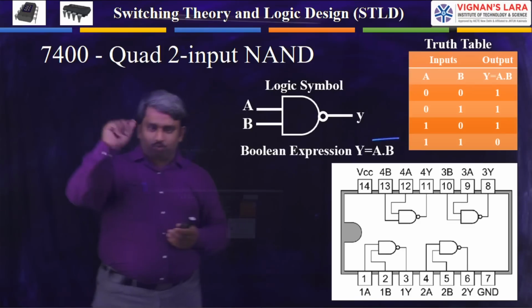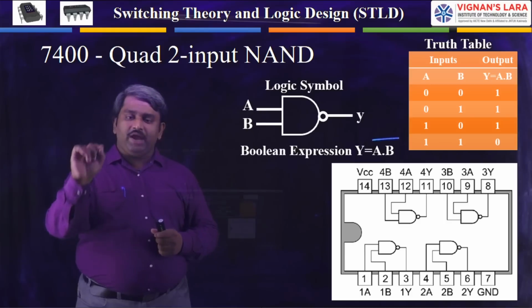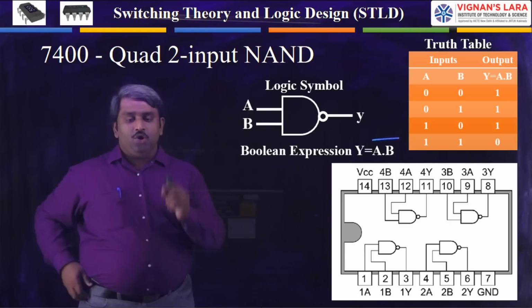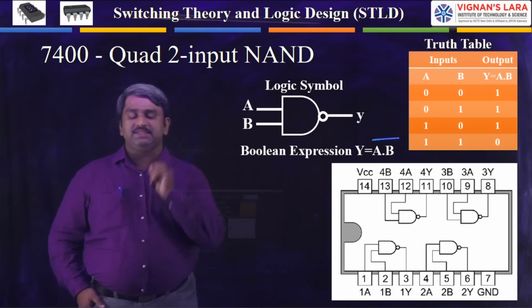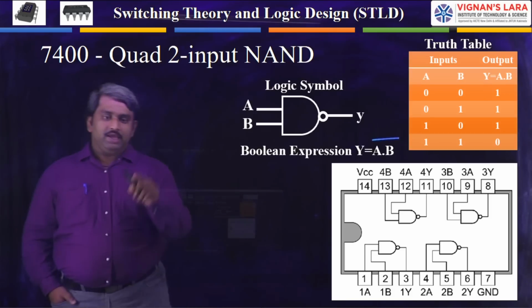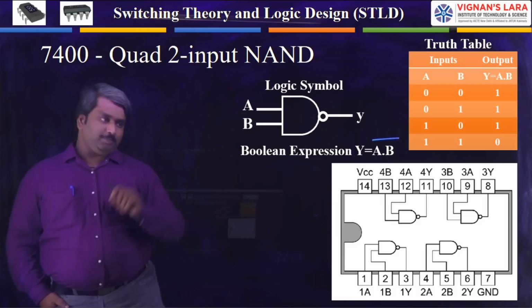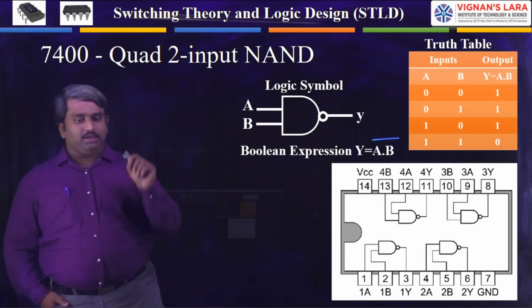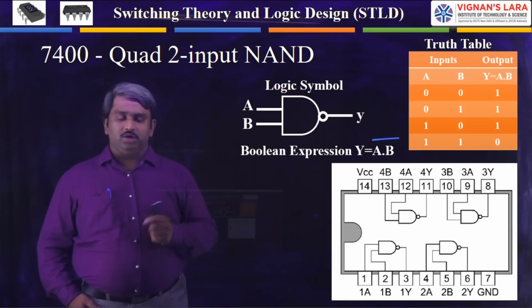I want to ask you a question. If I have a 16 pin IC, which pin is the ground pin and which pin is the VCC pin? This is very important. In a 14 pin IC, we say that the 7th pin is ground and the 14th pin is VCC. If I have 16 pins in an IC, which one is the ground and which one is the VCC? Can you please give me the answer?